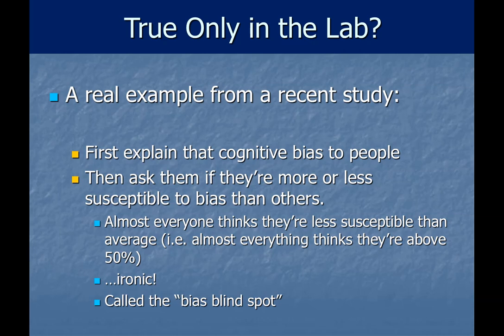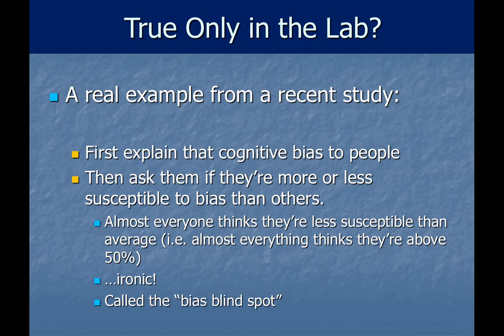They explained that cognitive bias to people. They said, hey, everyone tends to overestimate how above average they are at various skills. They explained the whole thing. They showed a bunch of stats and results to people. And then they asked people if those participants think they're more or less susceptible to that particular bias, the better than average bias. So basically they ask people, okay, now that you understand what the better than average bias is,